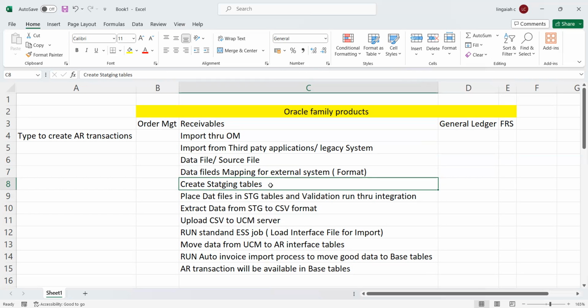create staging tables. What is the meaning of a staging table? A staging table is where we create a layer in between the two applications. We can't directly import AR transactions from the third-party application to your SaaS application because the format is different from the one in the SaaS application. In this place, we need to create a staging table. The staging table will capture the transaction header level information and line level information